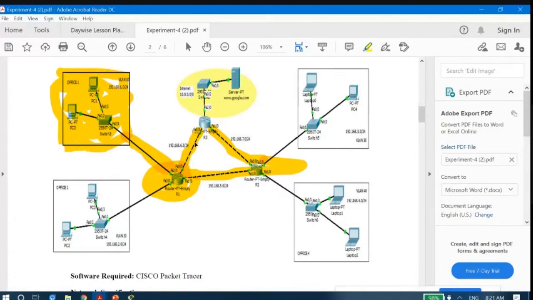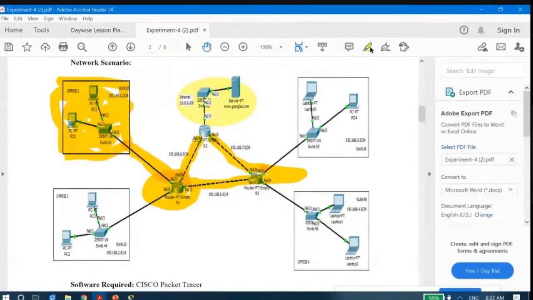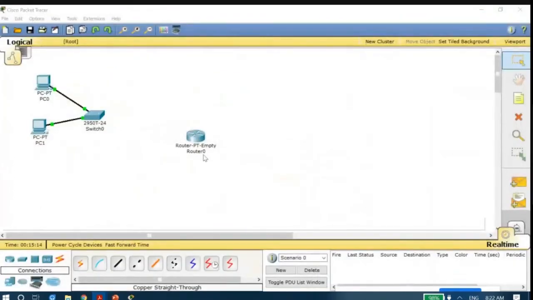This one is connected to router R3. Router R1 is connected to the Office 1 network, then the Office 2 network, as well as 2 other routers. That's why I will be needing 4 different LAN ports. That means I will have to install 4 Ethernet cards. Let's see how you could add Ethernet cards to that router.